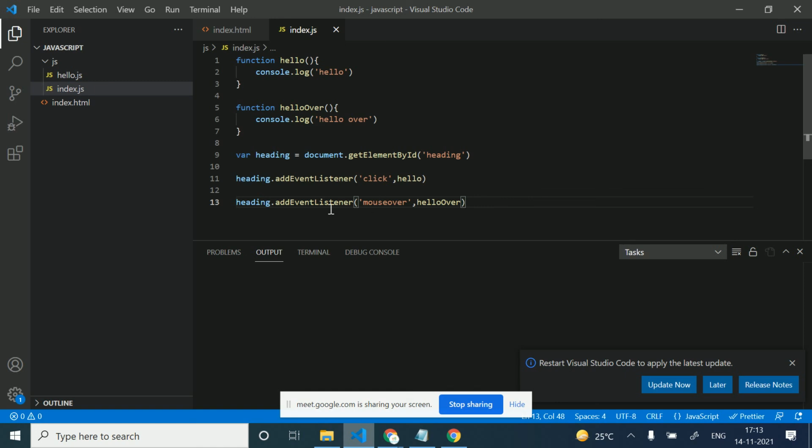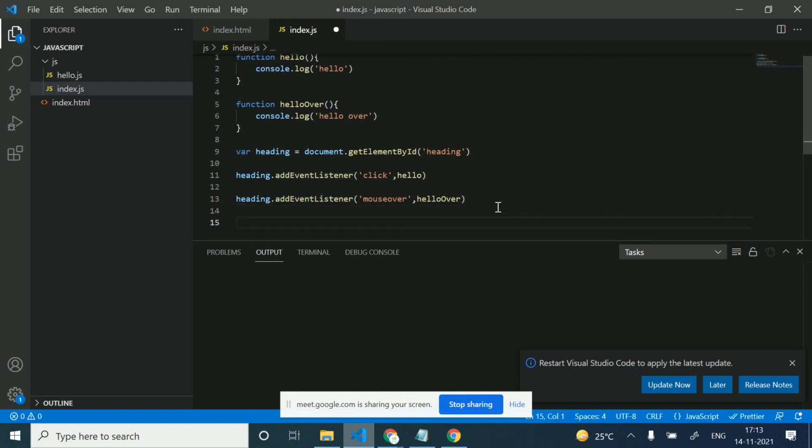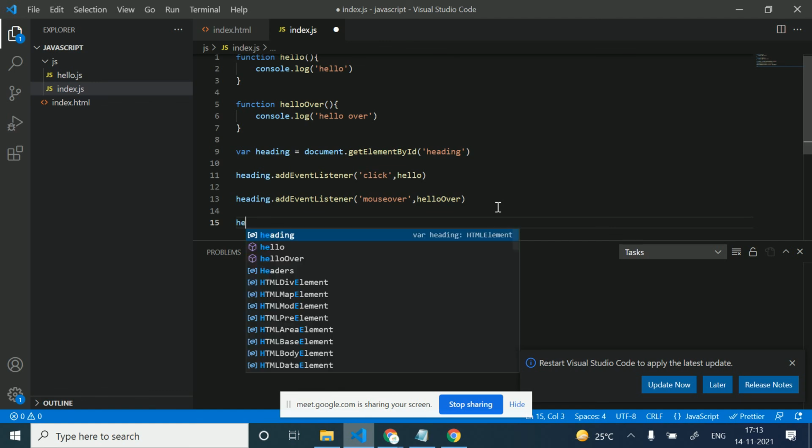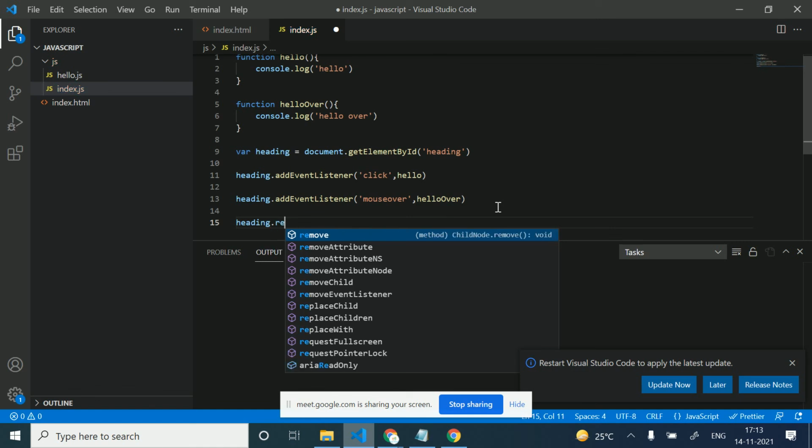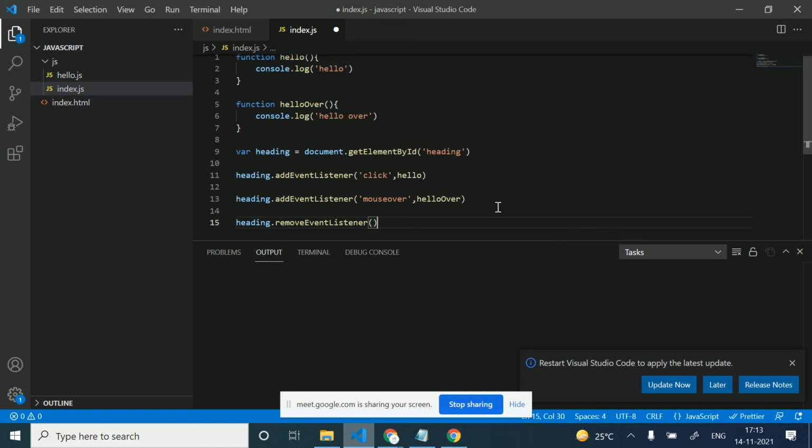So we have just added this event listener. So this will be added in our window. How can we remove this? There is a function as well to remove this: heading.removeEventListener. Now I will apply the same.